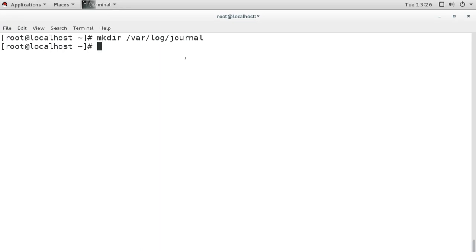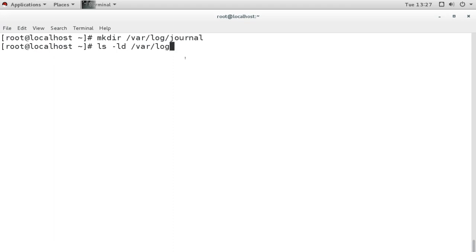Now first I will make sure that this directory has the permission for that service. Otherwise the service will not be able to write anything in that directory, because by default this directory is created by the root user. So it will have write permission only for the root user.